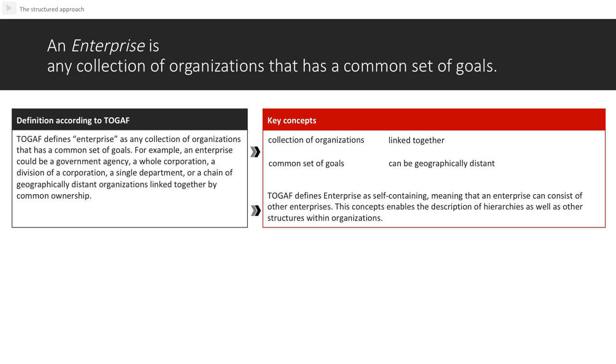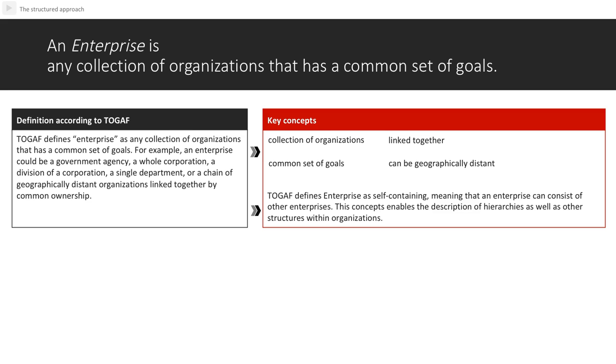The key element of the definition is its focus on organizations with a common set of goals. Goals in the scope of enterprise are not restricted to a single context, such as economical goals only, but are intended to be understood in a more generic context. The provided examples for organizations with a common set of goals allow conclusions on the background of the concept of enterprise architecture, which was and still is influenced not only by industry, but also by military and governmental organizations.